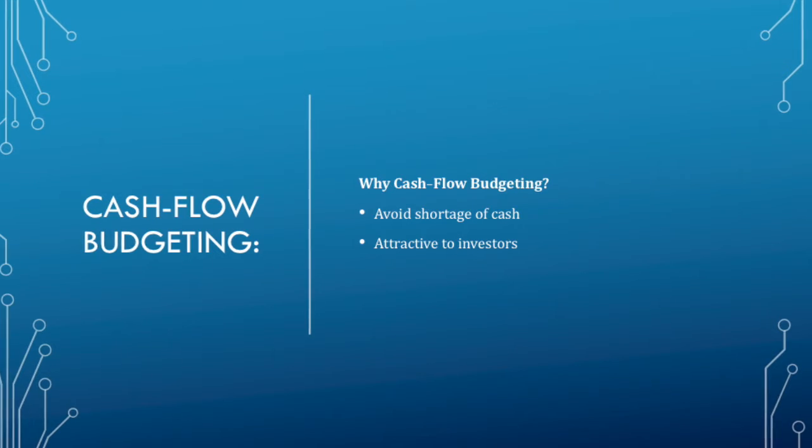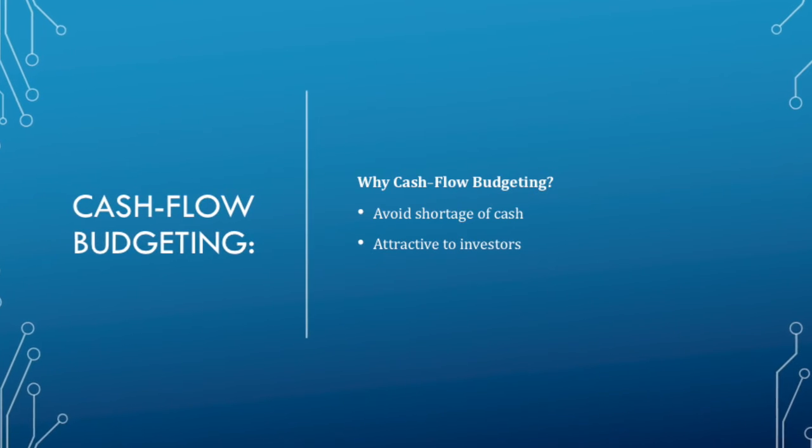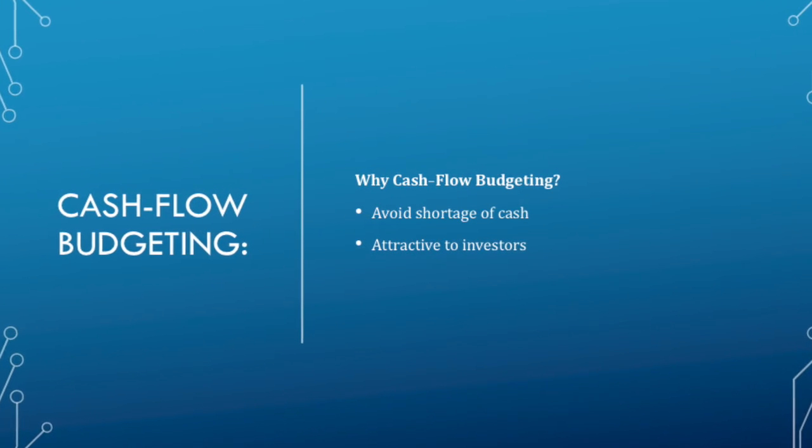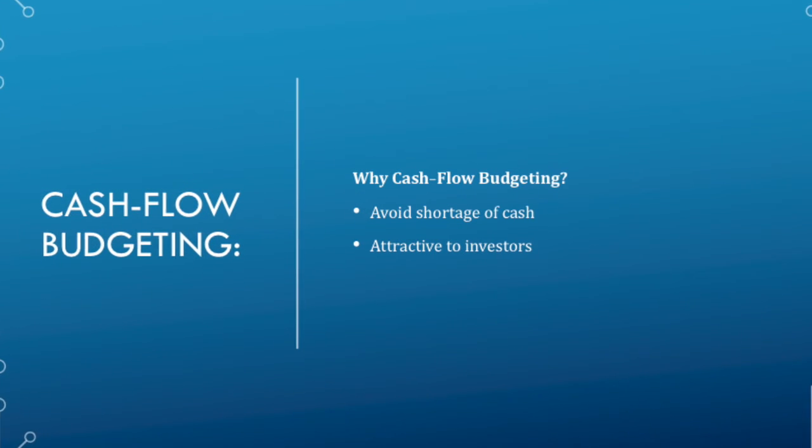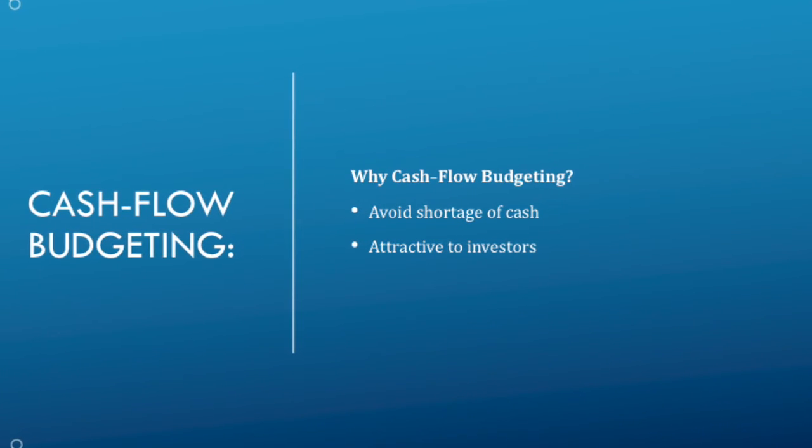So why is the cash flow budget important? A cash flow budget allows a company to establish the amount of credit it can extend to customers without having problems with liquidity. It helps avoid a shortage of cash when the company encounters a high number of expenses. Also, the increasing value of cash indicates strong demand for the company's products and opportunities, which means it is more attractive to investors. So to forecast an accurate cash flow, a company is required to account for all the operational changes that happen during the year.